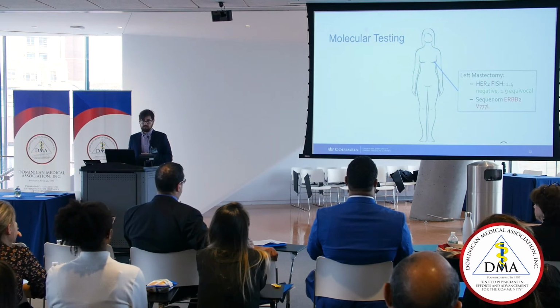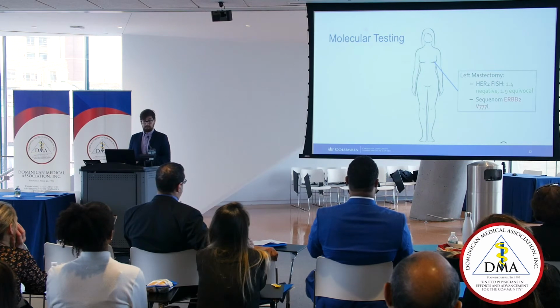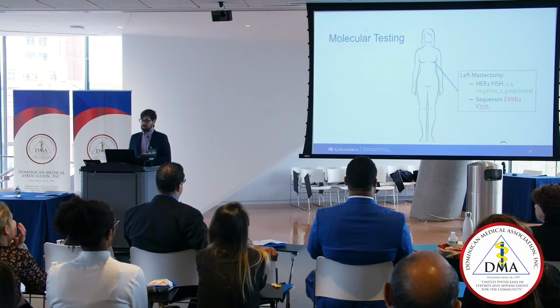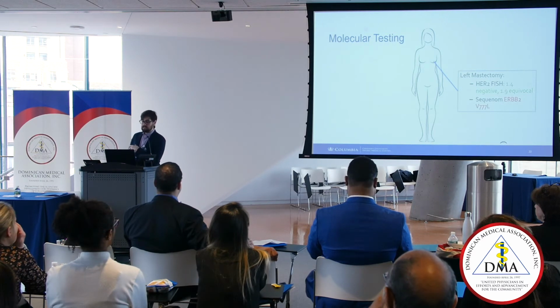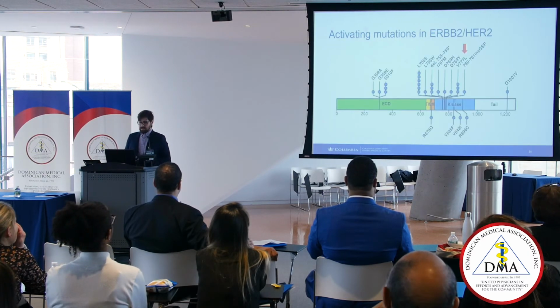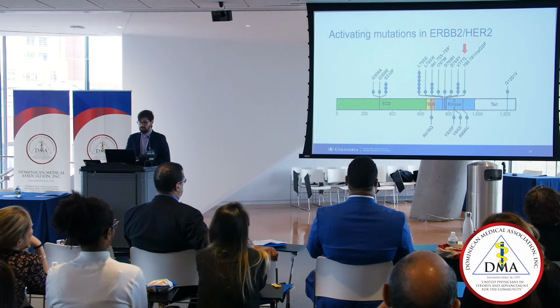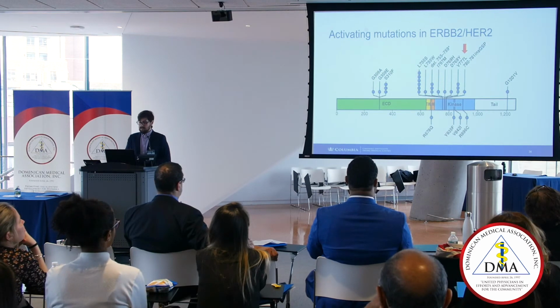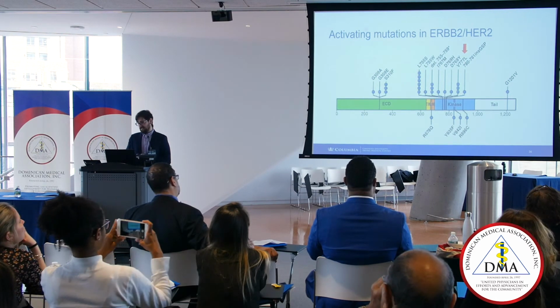In this case, with Sequenom, it's a smaller panel, but we still found a mutation in ERBB2, the V777L mutation, which is a mutation in the HER2 gene. And this is basically a representation of HER2, the gene itself. This is the extracellular domain of HER2, the juxtamembrane domain, the tyrosine kinase domain, and the tail that's not as